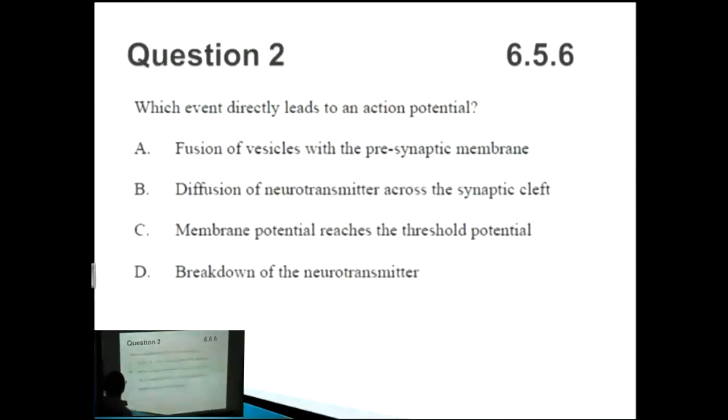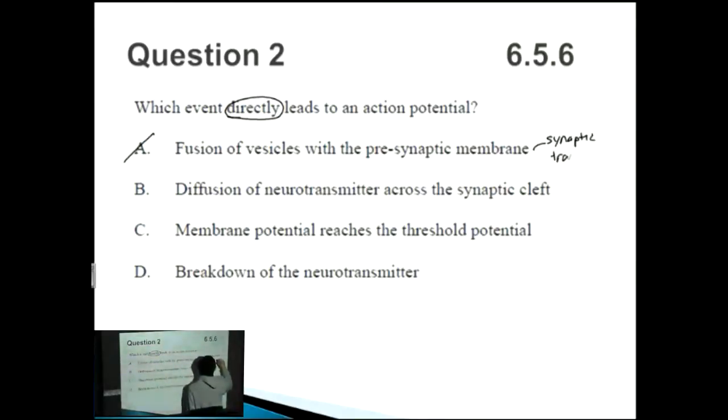Question number 2. Which event directly leads to an action potential? So a very key leading word here is directly. There are a few things that may lead to an action potential here, but you need to talk about the one which directly precedes it, comes right before the action potential. So A, fusion of vesicles with a presynaptic membrane. What they're talking about for this one is synaptic transmission,